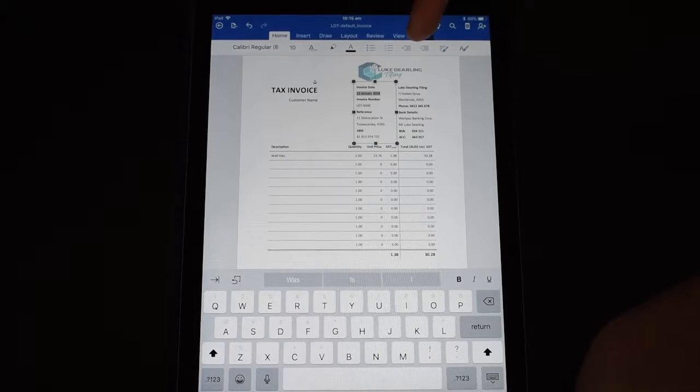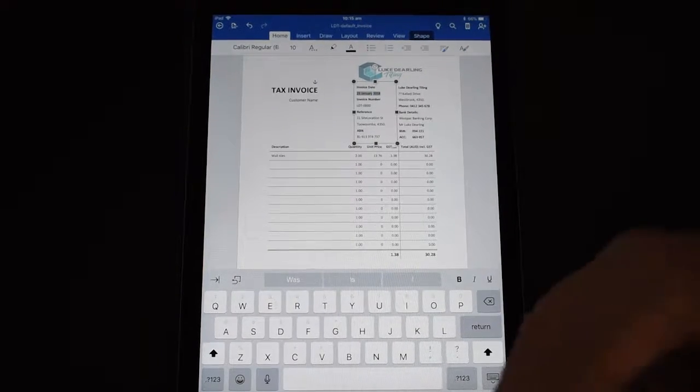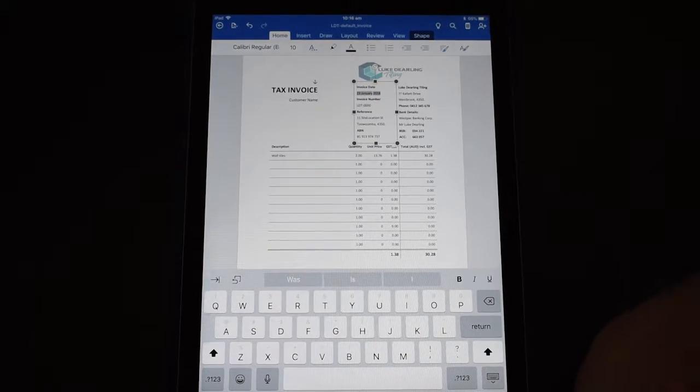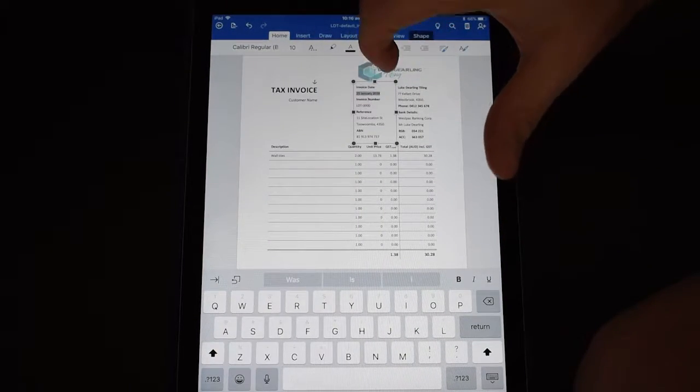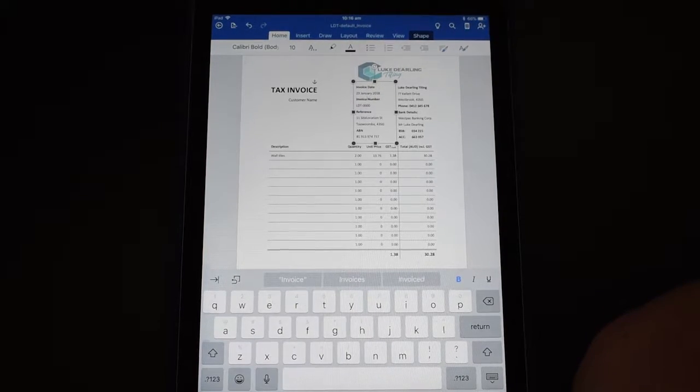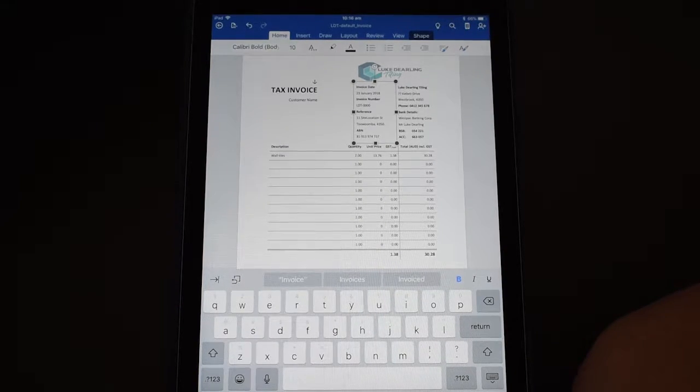The invoice date that's highlighted at the moment is actually a field, it's automatic. You don't actually have to touch it because every time you open up the app, it'll just automatically put in the current date. The invoice number, now I don't know if you really need that, but you might find a use for it. Now what you can do is every time you start a new invoice, you can just update